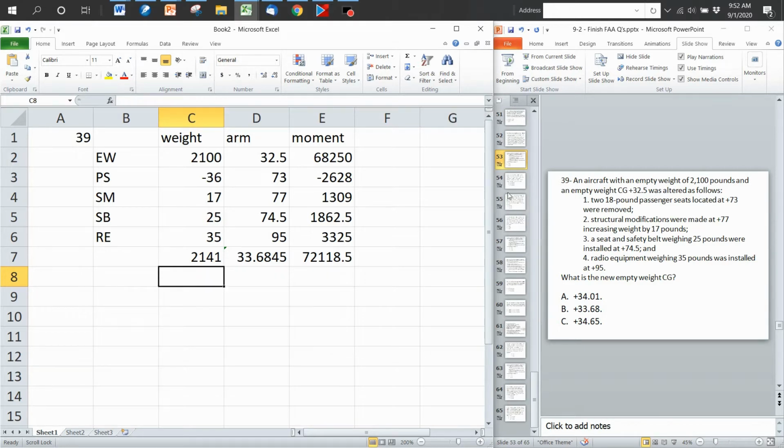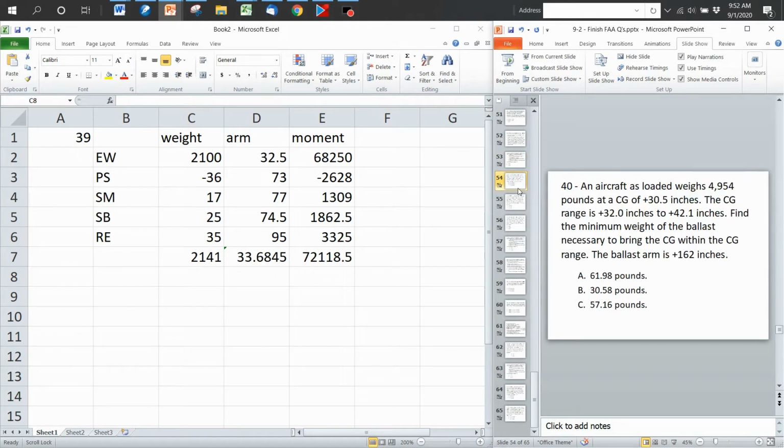Now I'm ready to move on to the next problem, 40. And the next problem says I have an aircraft. I'm going to go ahead and put 40 down here because I want to be able to show you how we can change anything if we need to. An aircraft as loaded, okay, that's its loaded weight, weighs